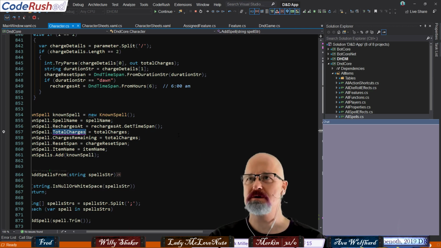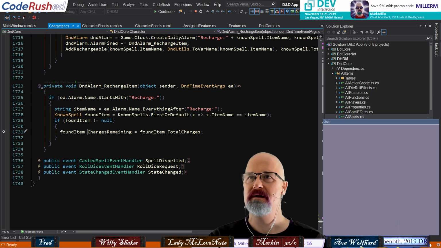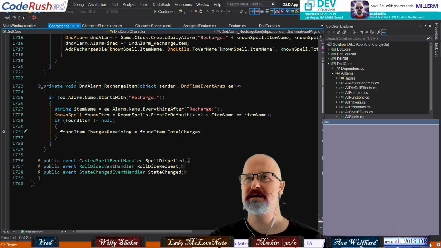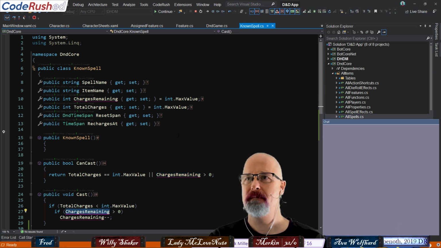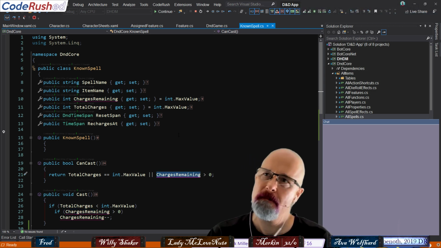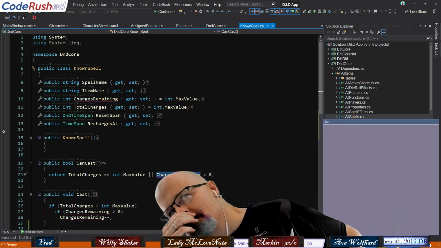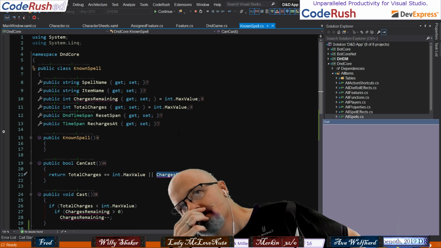I think I'm okay with total charges, but I'm not comfortable with charges remaining being inside of this item, because then I'm storing the data in two different places. Yeah, that's the problem. Total charges is fine because it's kind of a fact of its existence that should not alter over the course of its life. But charges remaining is literally a variable. It's something that you expect to be modified, and if you modify it accidentally in two places, or at different times, or not keeping things in sync.